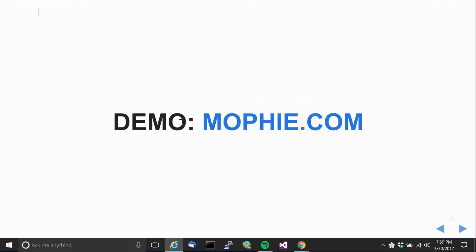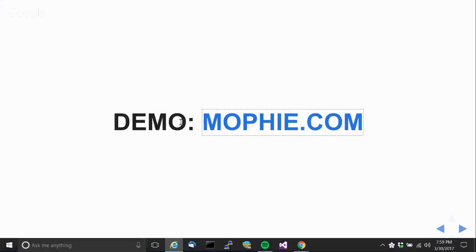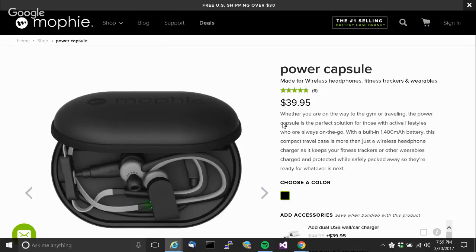So another demo from a site that my boss came across that caused this problem for him. System access is ready. Magnified. HTTP heading. HTTP. Campbell out of step. Previous slide. Moffy.com link. So Moffy.com tag group 2 tag. come on. Power cancel. Made for wireless step.